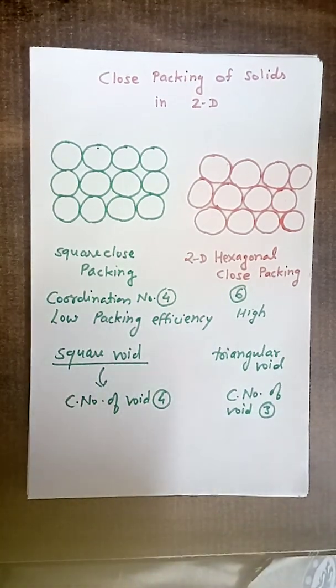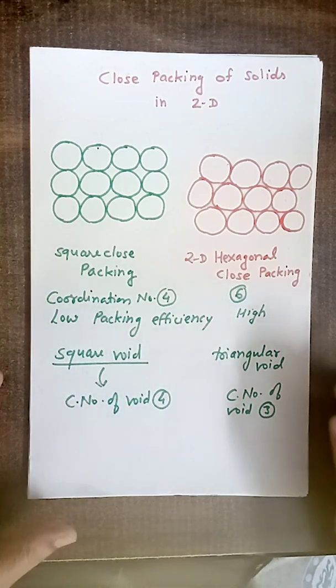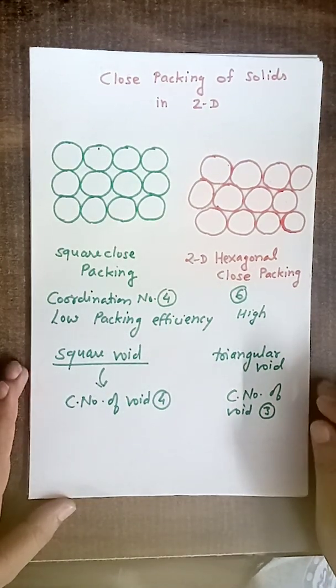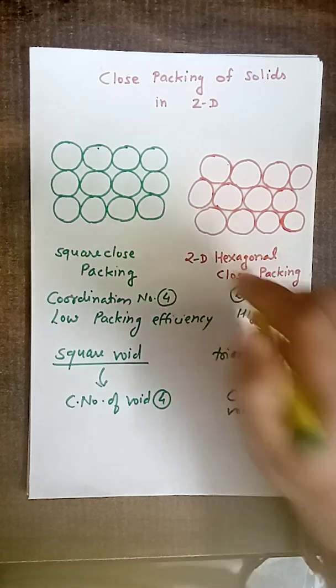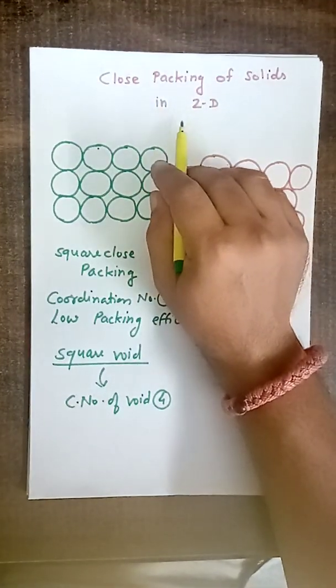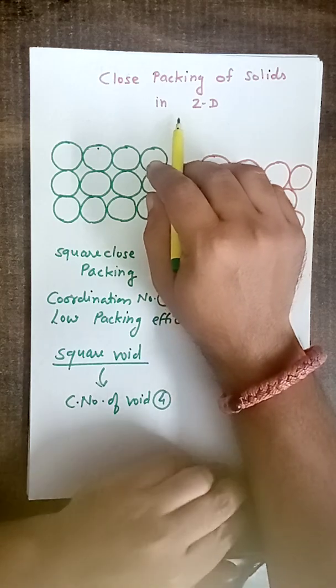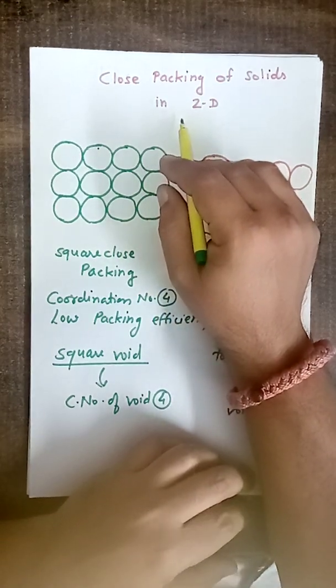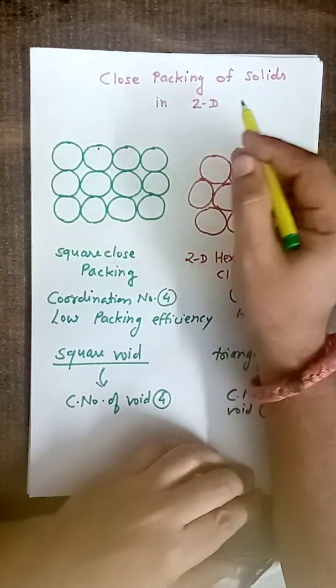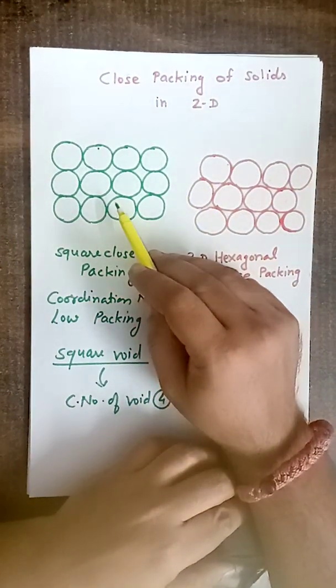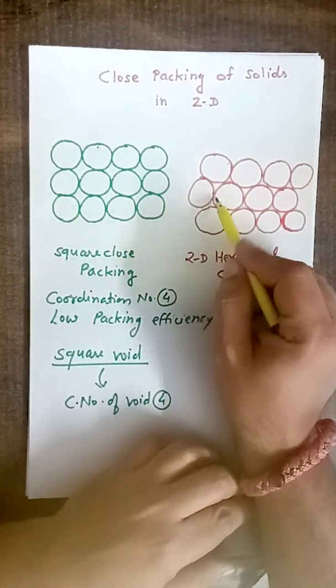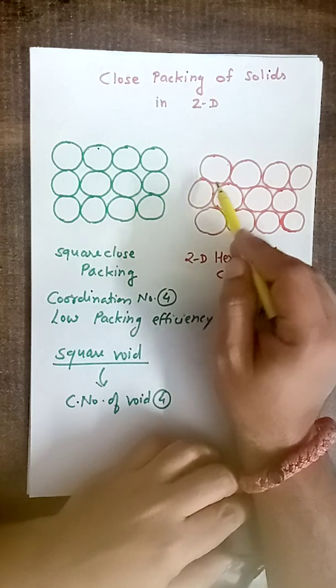Now so far we have discussed how the particles look in a small part, that is known as the unit cell. Now we are going to discuss how the particles look as a whole. It means the packing of solids in 2 dimensions, then in 3-dimensional structure. Now we know so far that particles are as close as possible, and in 2 dimensions there are 2 possible ways of packing, ways of arrangement.